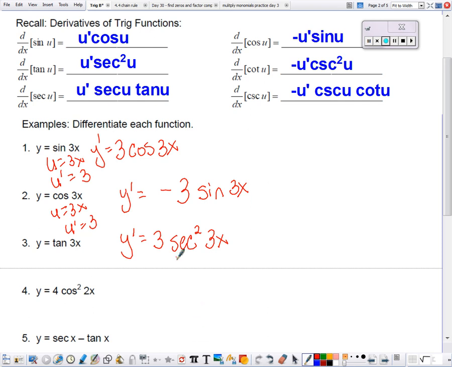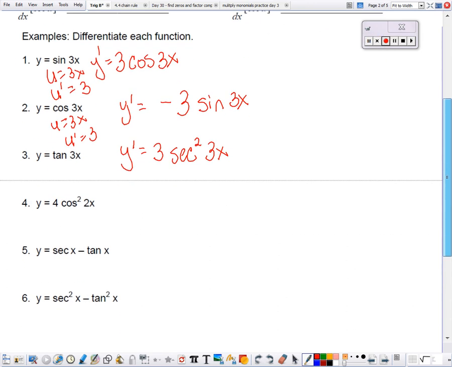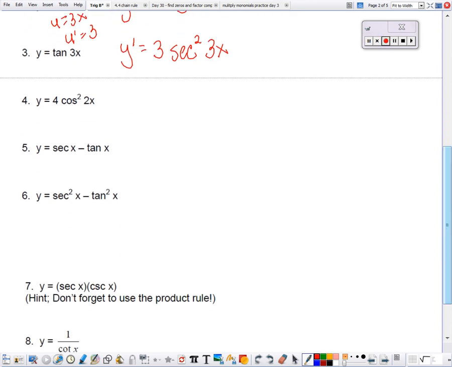Now for number 4, we have to be careful because I'm going to rewrite the original as 4 times cosine of 2x all squared. This is the shortcut for writing this. So to find the derivative, the 4 is a constant, it stays. And now we need to use the chain rule for cosine of 2x squared. So the chain rule, 2 comes to the front,